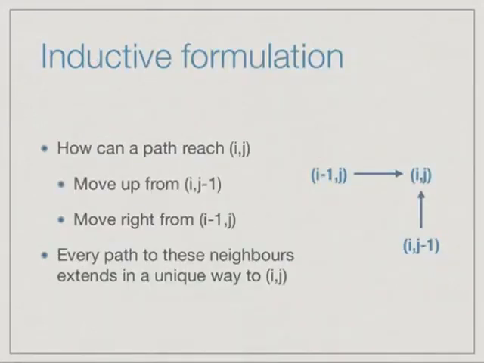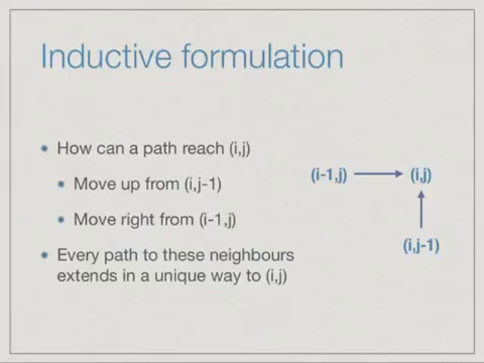So let us look at the inductive structure of the problem. Suppose we say we want to get in one step to an intersection i, j. How can we reach this in one step? Since our roads only go left to right and bottom to top, the only way we can reach i, j is by taking a right edge from its left neighbor. So we can go from i minus 1, j to i, j, or we can go from below from i, j minus 1